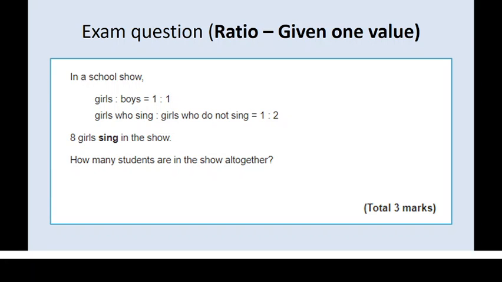Okay, let's have a little look at the answer then. So we know that in a school show, we've got girls and boys in a ratio 1 to 1. Girls who sing to girls who do not sing is 1 to 2. Okay, so it tells us 8 girls sing in the show. So if we think about this ratio, first of all, if 8 girls sing in the show, that's 1 part. So the number of girls that do not sing in the show should be 2 lots of 8, so it's